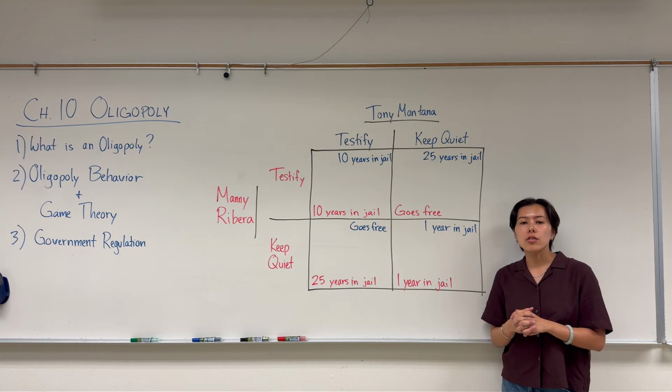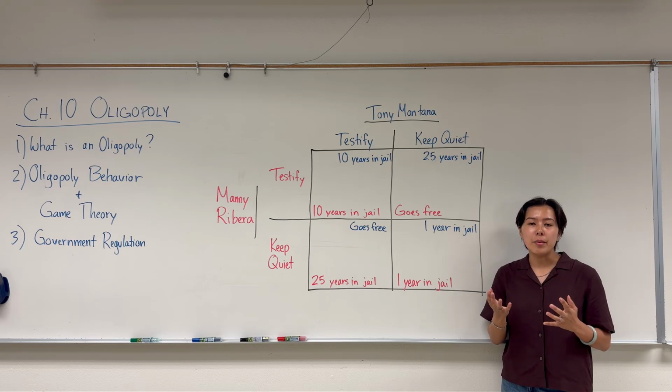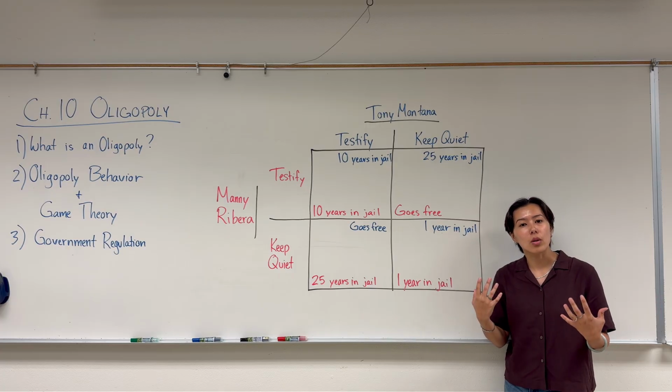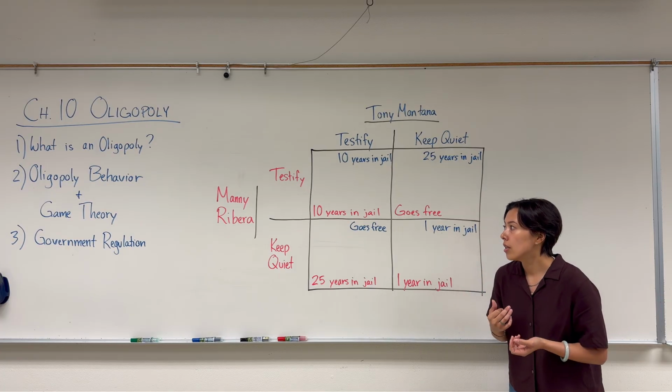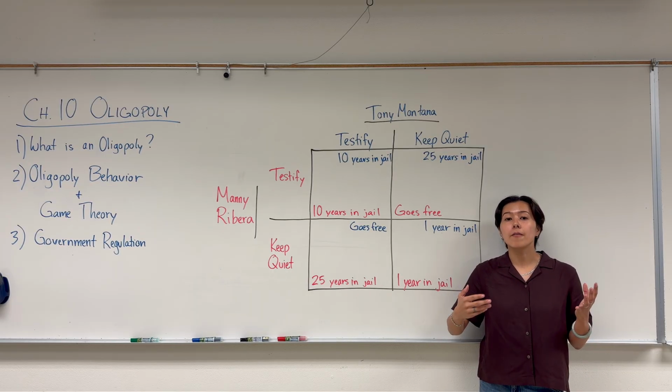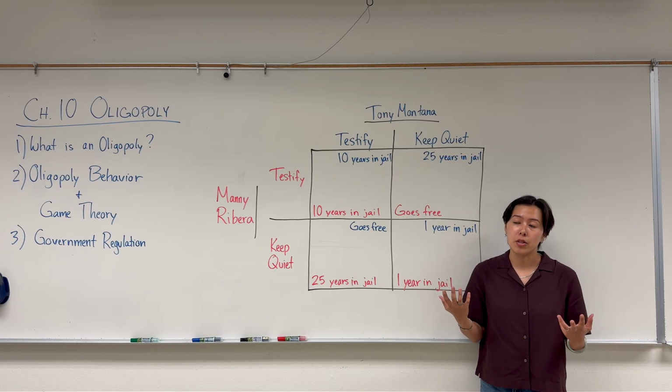So to introduce us to this idea of game theory and this simultaneous game, we're going to use an example that's removed from this oligopoly structure at first. So the game that we're going to look at is called the prisoner's dilemma. This is a very, very famous game in game theory.